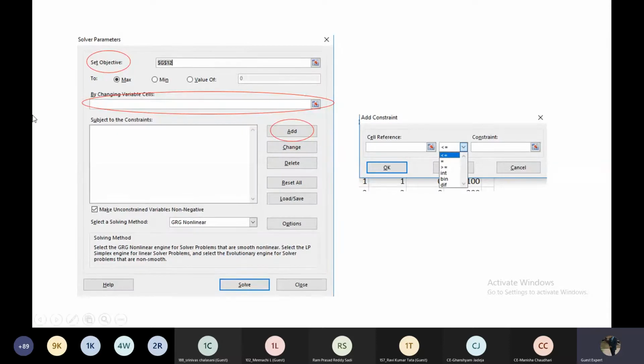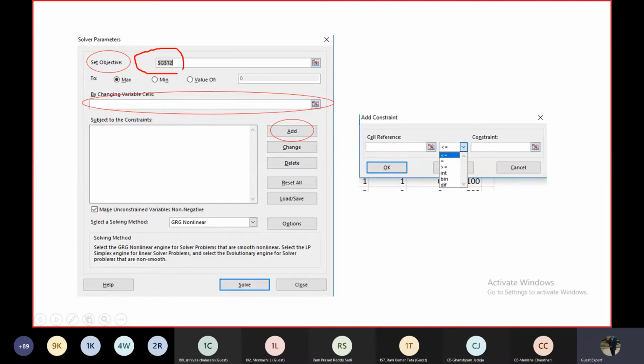This is the Solver window where we have to set the objective, as we set the objective in Goal Seek. So first of all we set the objective over here. You have to see this thing. We set the objective as in Goal Seek, and then these 3 options have to be mentioned over here: whether we need the maximum value, the minimum value, or a specific value, just like in Goal Seek. Then they give the variable cells, by changing which variable cells. In Goal Seek we can only change one value and it affects the other value.